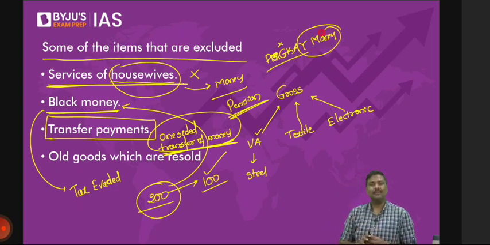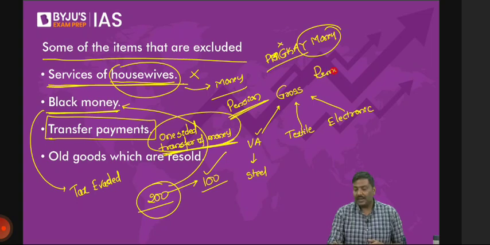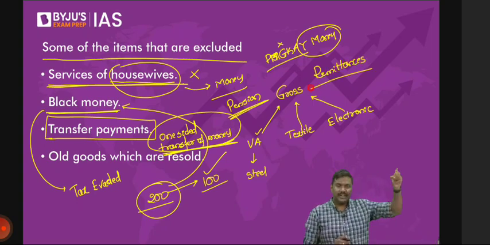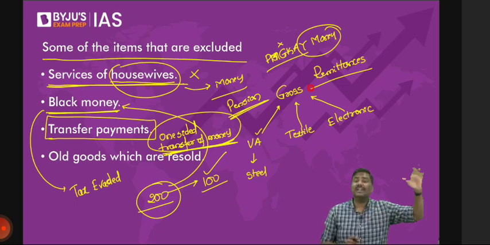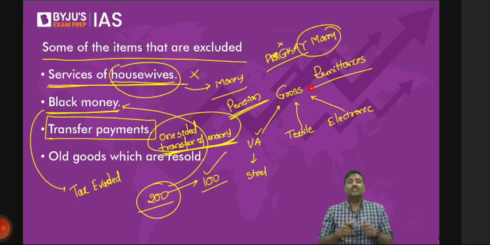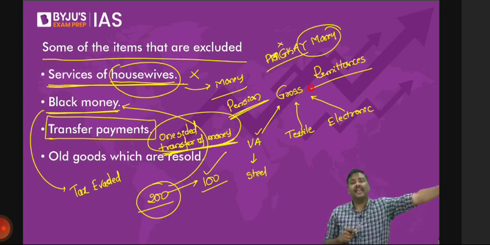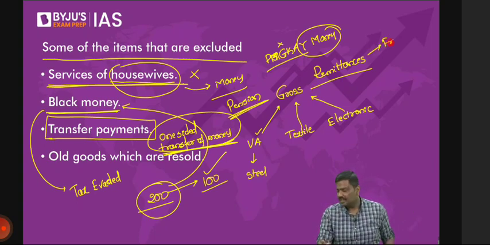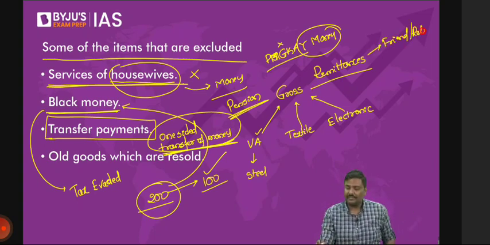Or the best example, remittances. India is one of the largest recipients of remittances. What is the meaning of remittances? The funds which are transferred from the Indians who are living outside India back to India. For what purpose will they send this money? Simple. They will send it for friends, for relatives, for spouse. They will send it in the form of a gift, etc.